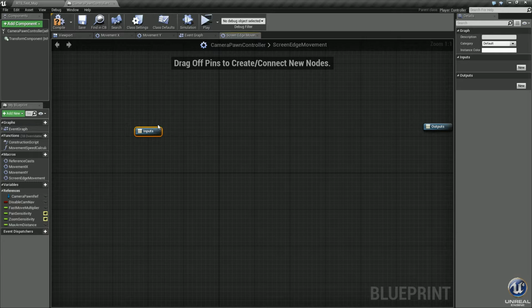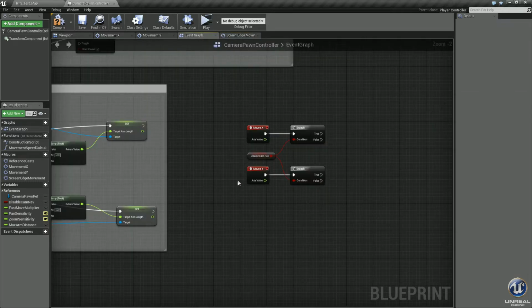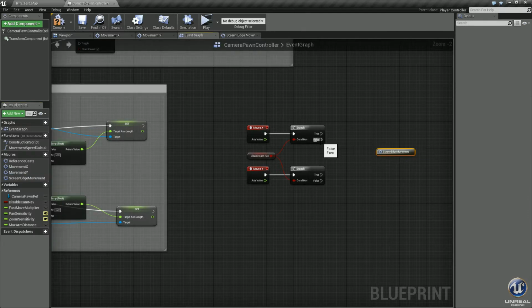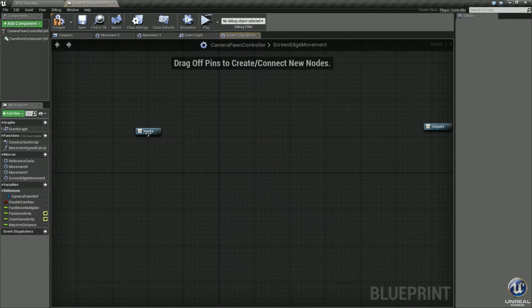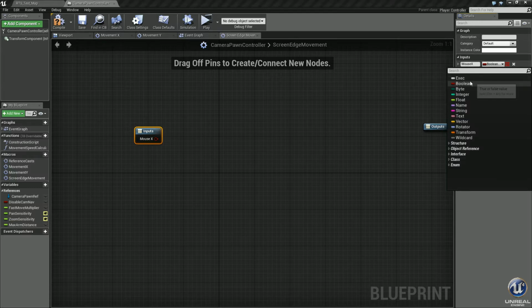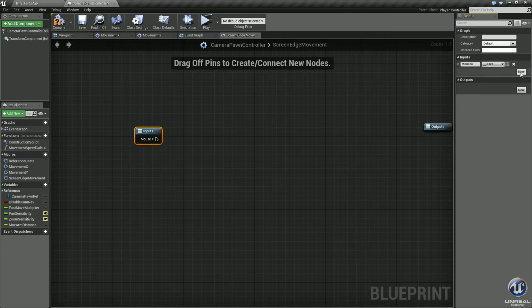All right, we're going to actually need 2 input pins here. So let's go back into the graph and drag our screen edge movement, and we'll just place it right there. And from the false on this, because we don't want to be disabled to run this. Okay, that's not going to work. I thought it would. Just go like this. Go inputs, enter. We'll call this mouse X. And we will set it to execution. Add a new one. We'll call this mouse Y. Perfect.